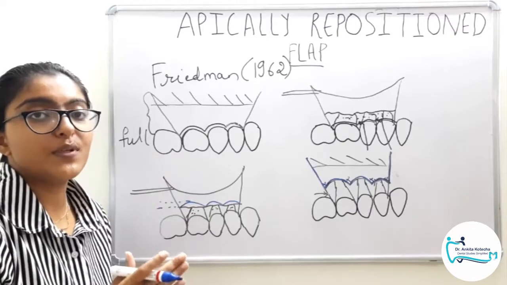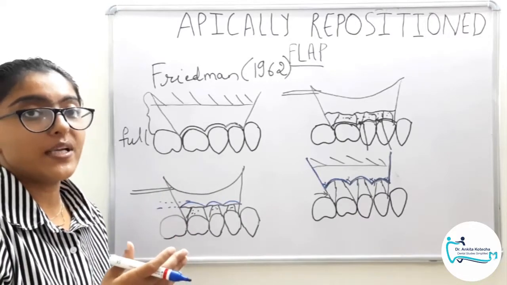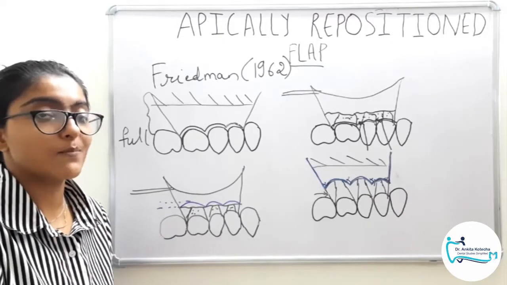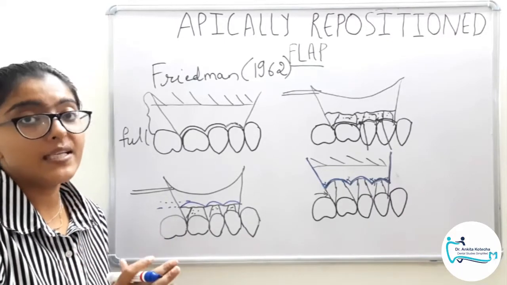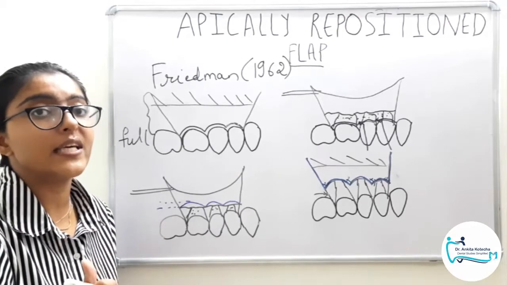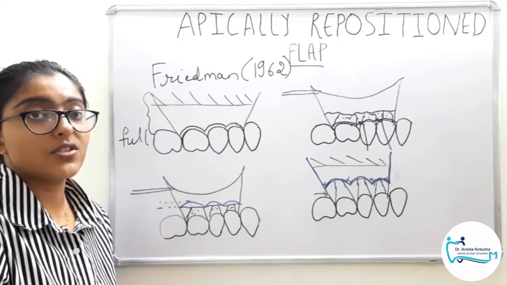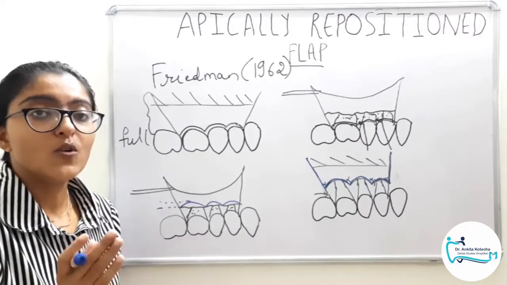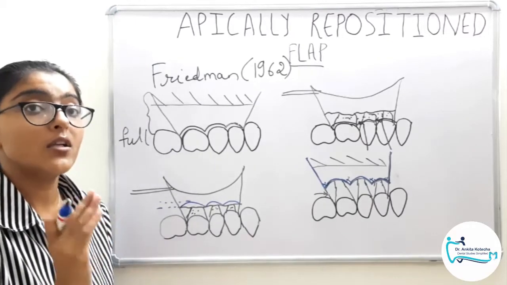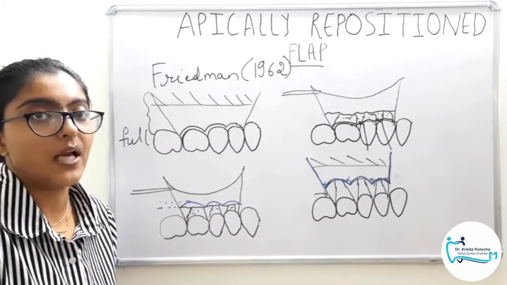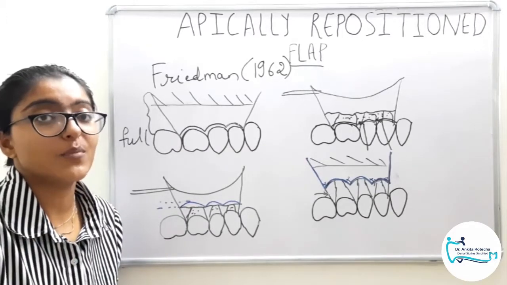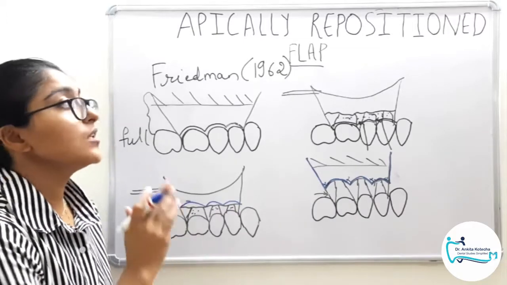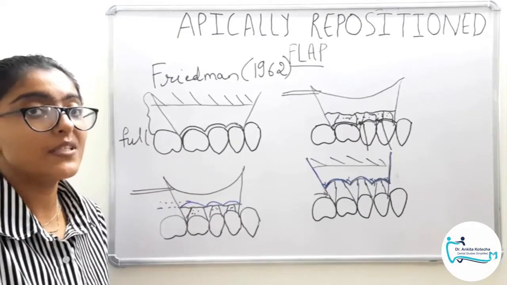This flap technique is performed on the facial and buccal aspects of maxillary teeth, and facial or buccal aspects and lingual aspects of mandibular teeth. But on the palatal aspects of maxillary teeth, where there is lack of mucogingival junction, lack of the alveolar mucosa, this technique is not possible. So the alternative to this technique on palatal aspects is beveled flap. Please let me know in the comment section below if you are interested in learning the technique beveled flap. As of now, for this video, the technique apically repositioned flap is complete.